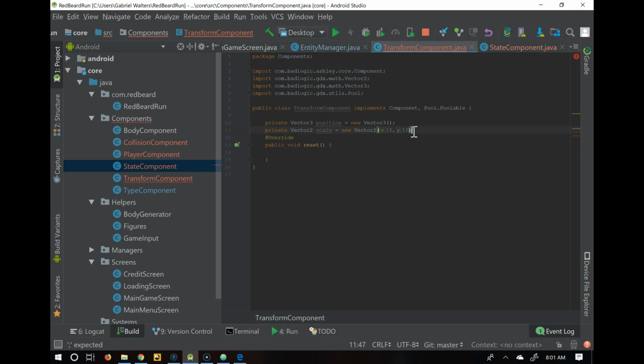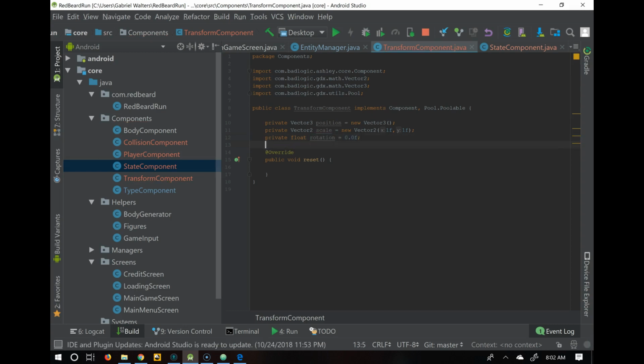Maybe when he's getting attacked, or they get a power up and he gets bigger, we could deal with it. Rotation, we could deal with that. I don't have rotation in my game, but it's not bad to have. Rotation equal to 0.0f,